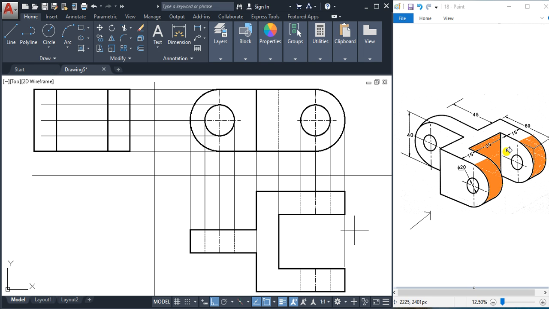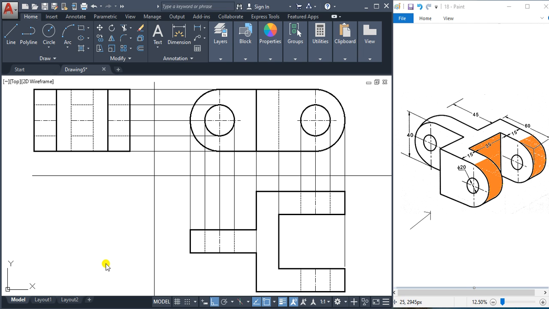And here we'll draw dotted lines to represent these holes, and we'll make these lines dotted lines to represent these holes here. We'll represent these edges with dotted lines and this hole with dotted lines. We'll draw two lines, from here 25, from here 25. Like this you can represent these edges here.